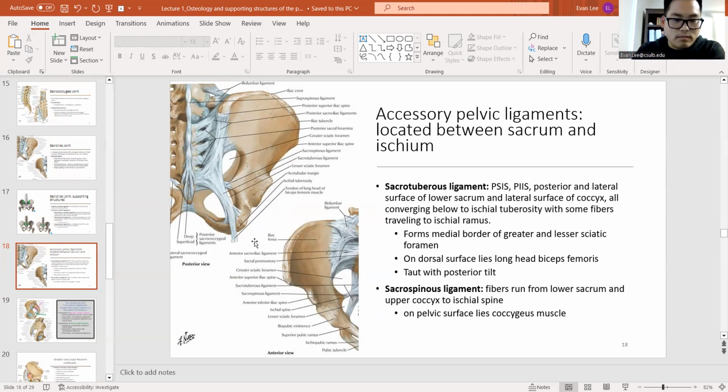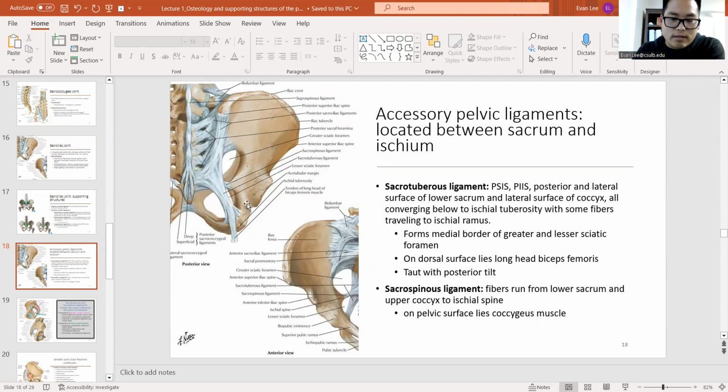So you can see the ischial tuberosity right over here, connecting from the sacrum. This is going to be the sacrotuberous ligament right over here. So this is going to be from the sacrum down to mostly the ischial tuberosity, but